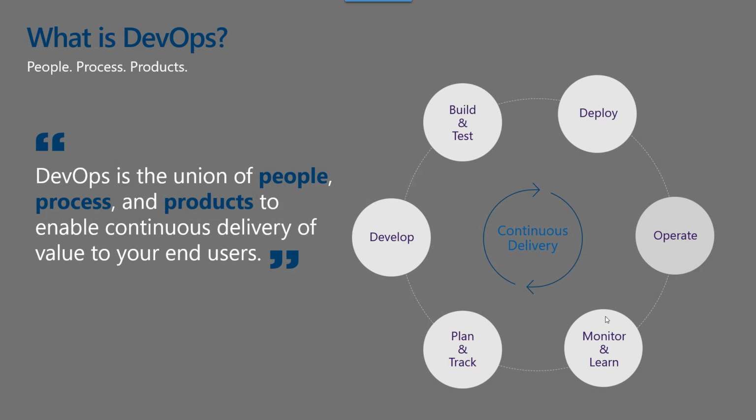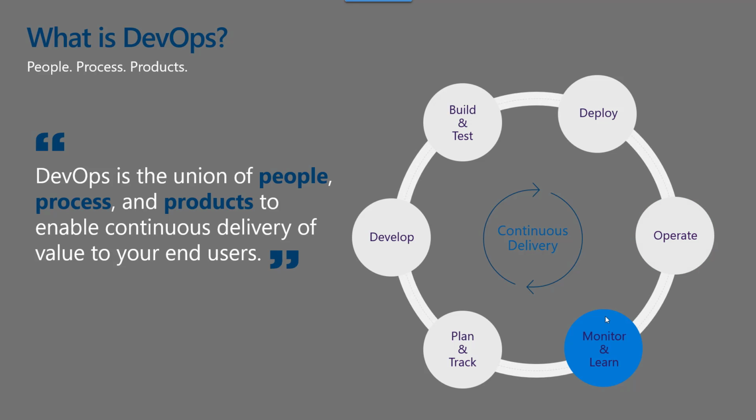So, what is DevOps? DevOps is none of the previous. DevOps is not just continuous integration or continuous deployment. Of course, all of that is part of DevOps, but DevOps is wider than this. It is all about the union or integration between people, process, and products to deliver continuous value to the end user. It looks at the complete end-to-end software development and delivery. And this is the main idea of DevOps: deliver quickly with high reliability for the end user.